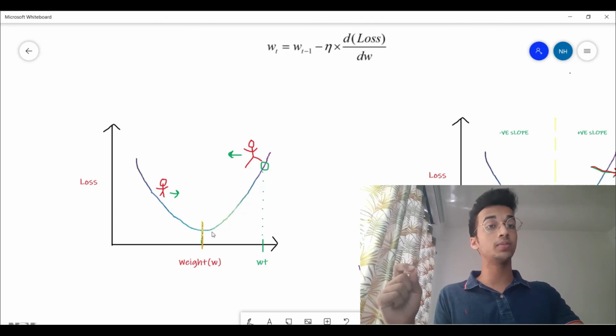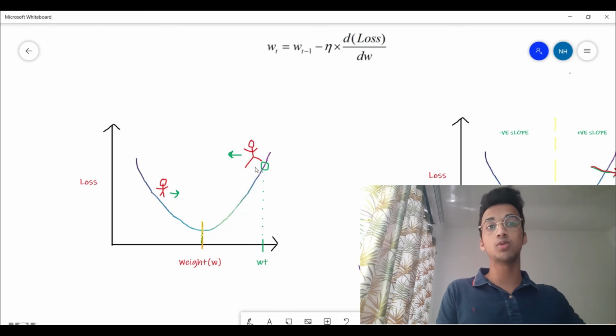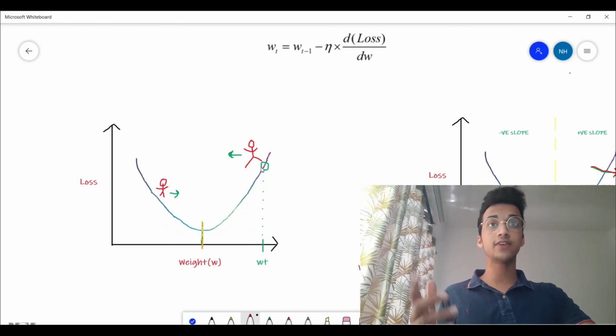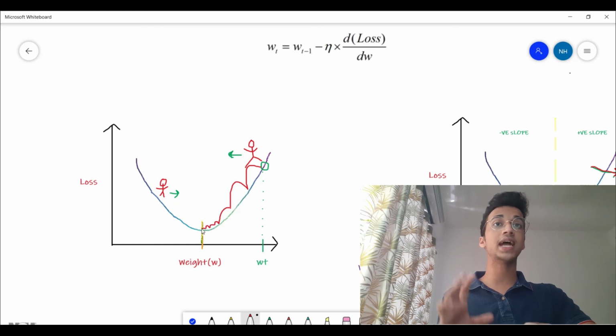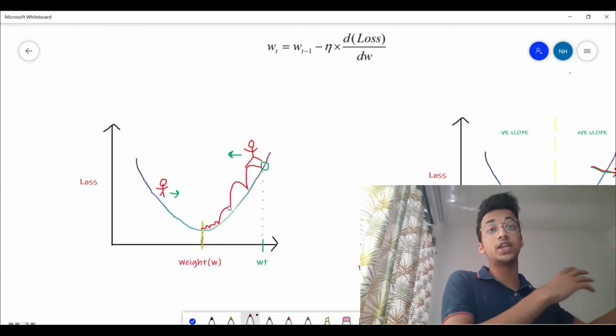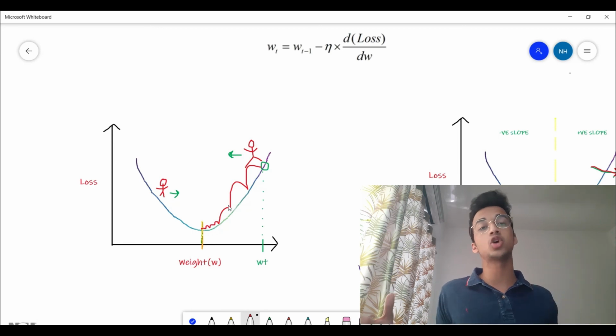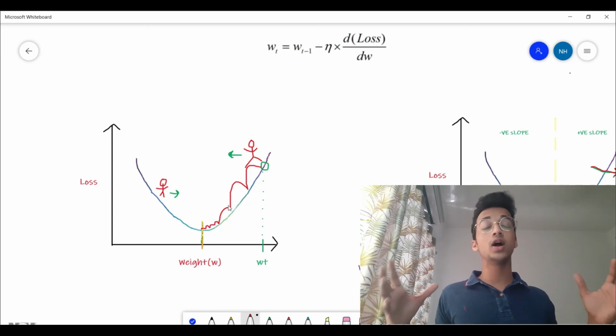And when you're near the bottom, you're very close, so you want this stick figure to take smaller steps to reach the bottom. You can imagine that these stick figures are taking jumps to reach the bottom, and when they are very close to the bottom, you want them to take smaller and smaller steps so that you reach right at the bottom. So the size of the step is nothing but the learning rate. And other variations that you're going to see are simply going to change how quick or slow the weight updation is going to be. So I hope you understood this concept.